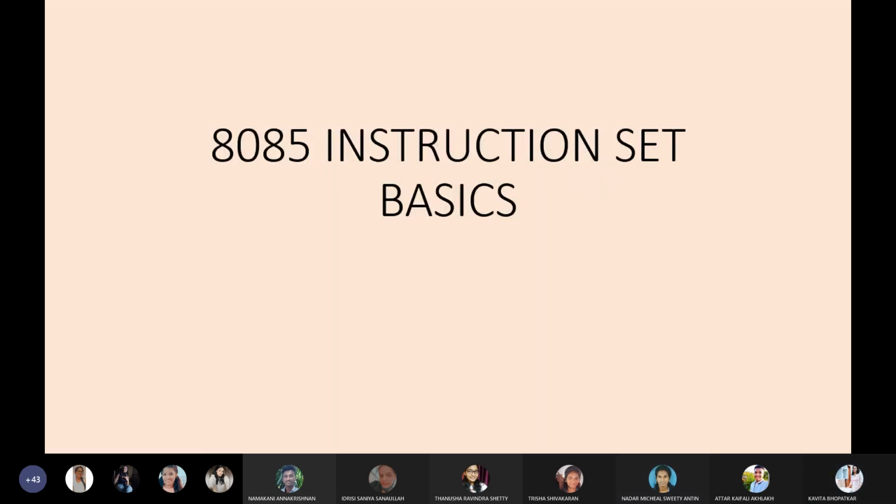Yes. Okay. So I will be starting with the instruction set basics first. Basics means before starting the instruction set, there are a lot of basic fundamentals which you need to know, because without that we will not be able to go through the instruction set. So there are many things which we need to know. So starting with that,